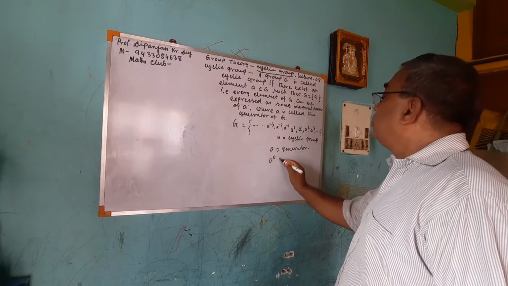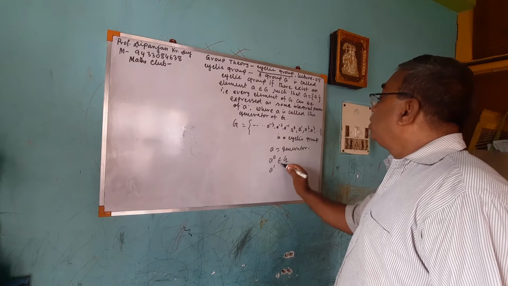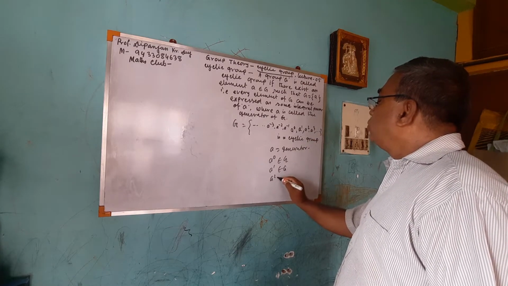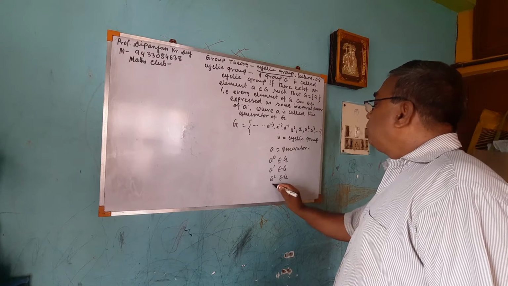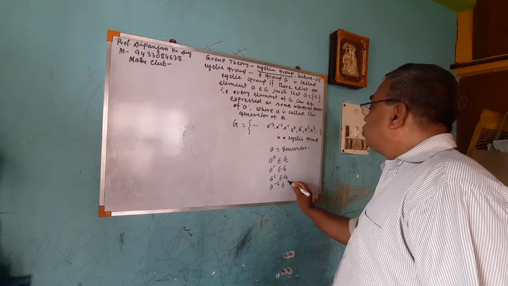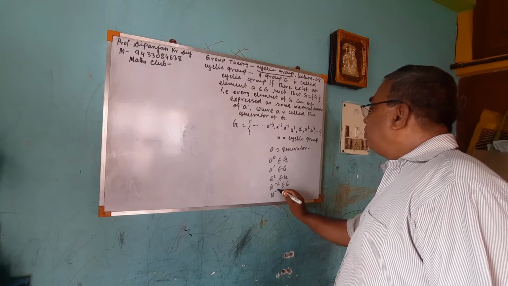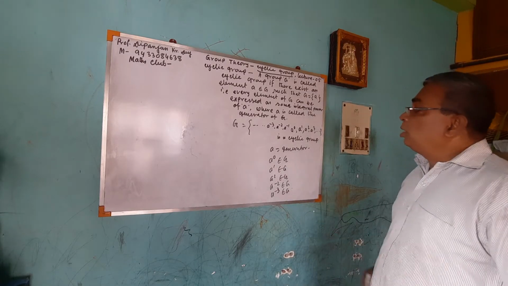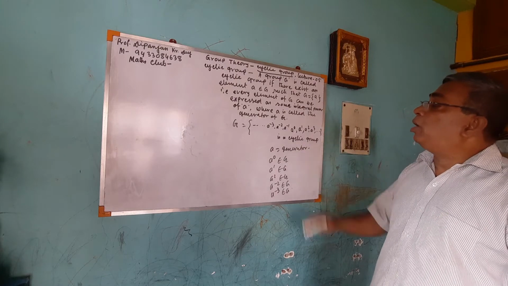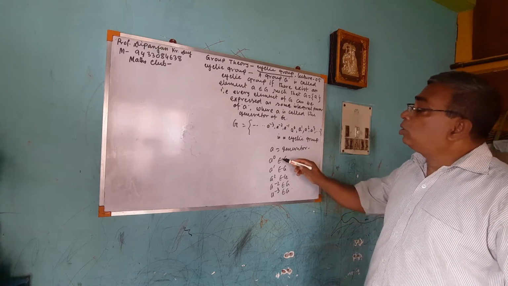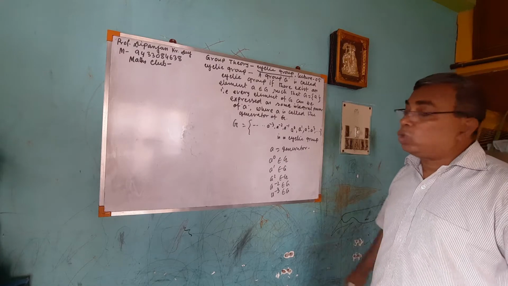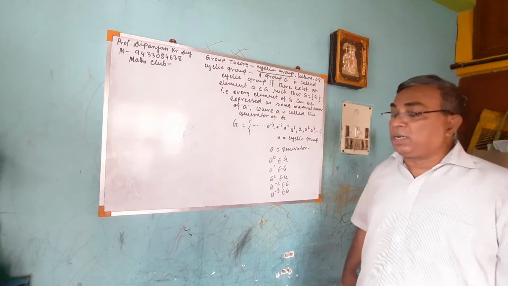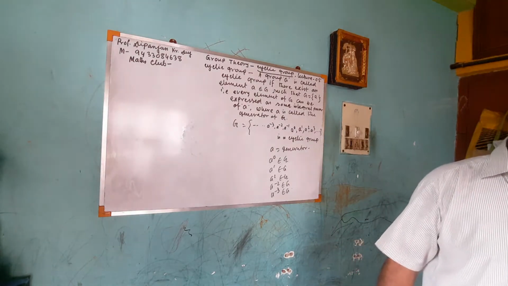Do you see a to the power 0 belongs to G? a to the power 1 belongs to G. a to the power 2 belongs to G. a to the power minus 2 belongs to G. Anything, a to the power minus 3, you can take, that belongs to G. So every integral power of a belongs to G. So this is a cyclic group, and a is the generator of the group.